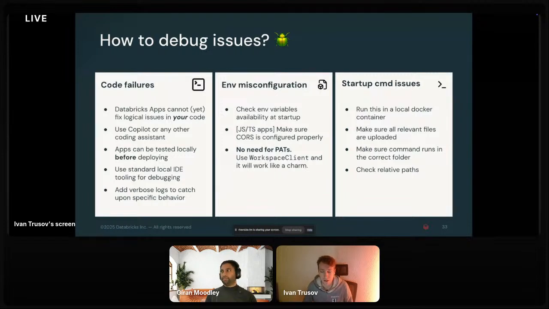This is also where things could happen. And indeed, check the relative paths of your code and make sure that the syntax of the command is correct.